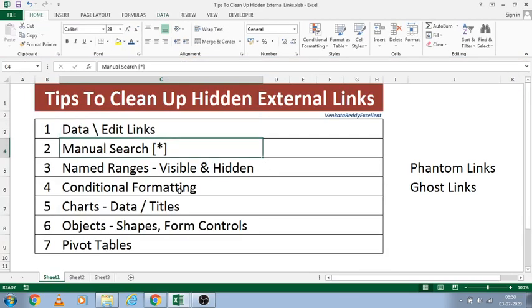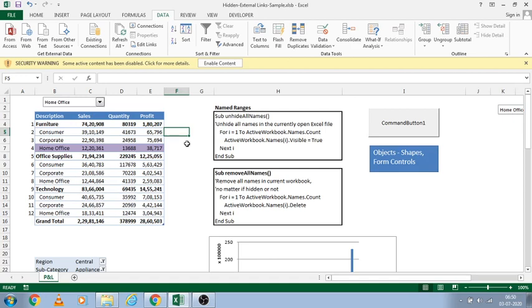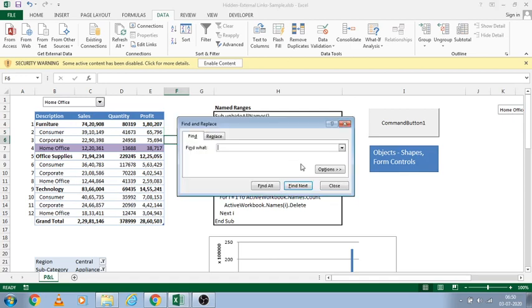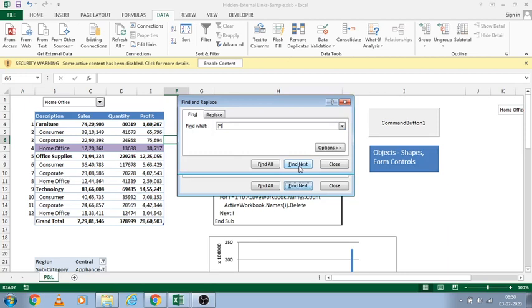Or if you want to go specifically to particular cells, you can use the second option, manual search. By using find and replace, here you have to type square bracket, star, closing square bracket and search it.